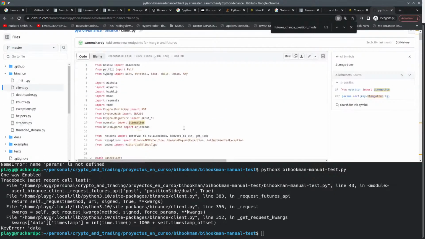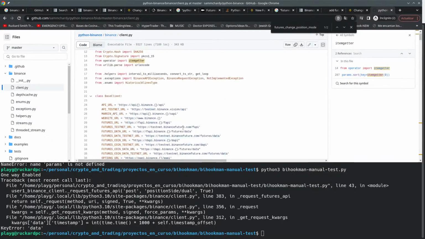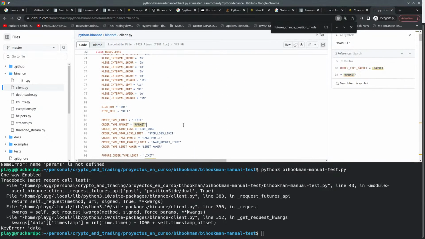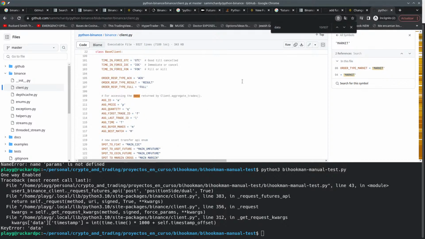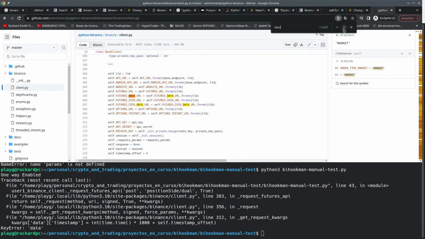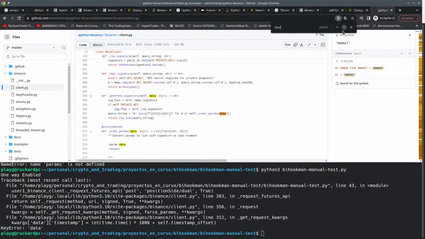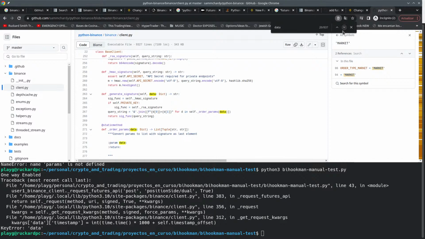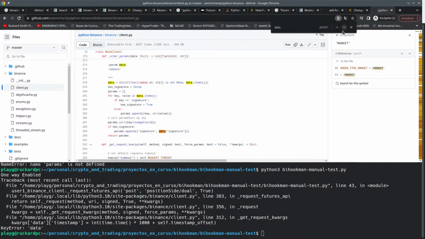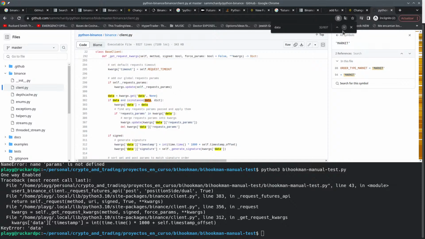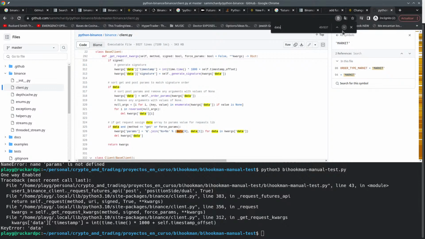Maybe at the very beginning data is being set somewhere and I am not aware of it. Futures data, coin data, and so on. Parent data. Oh my god. I mean, yeah, but